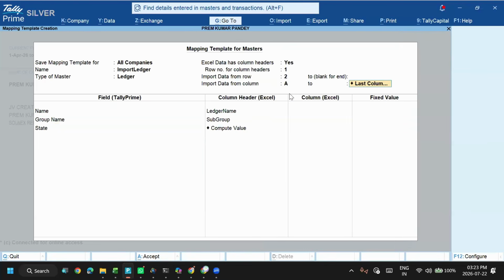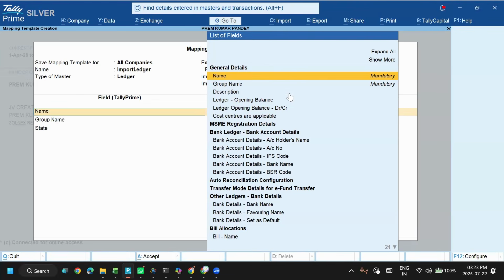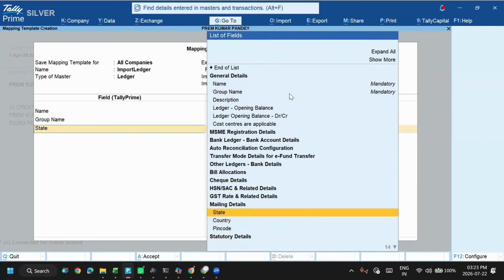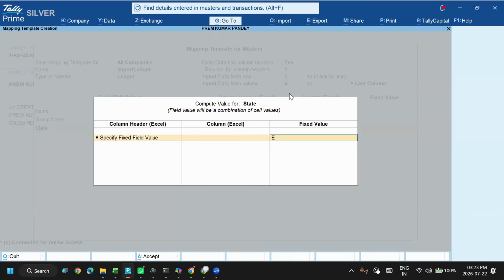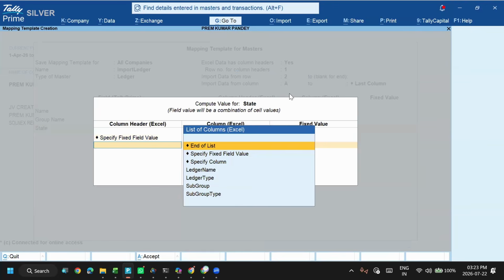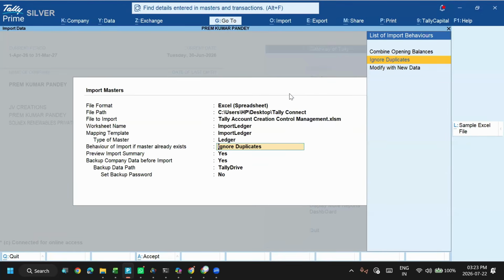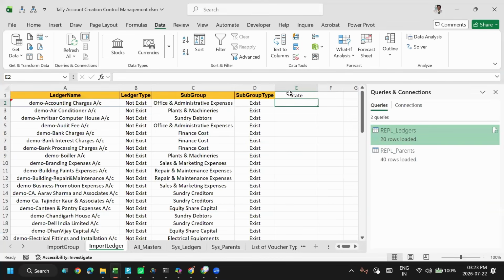The last column, we may choose here, last column, A, B, C, D. I'm making some mistakes. Last column. Okay, we will move first here, then we will see what we are doing wrong. Yes, now this one, E. And now I will be adding